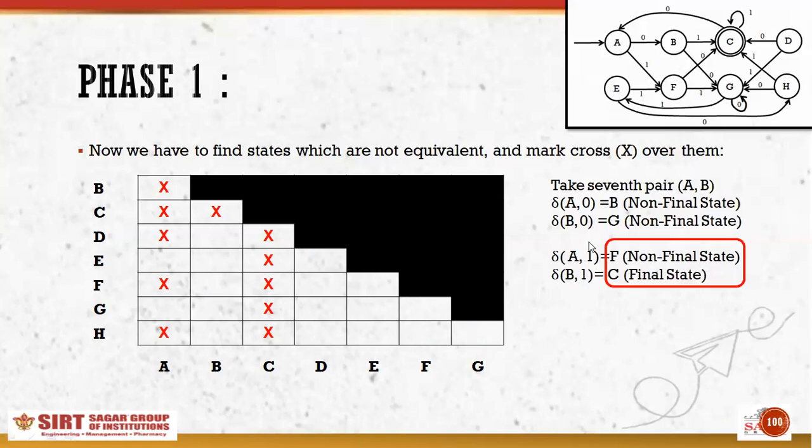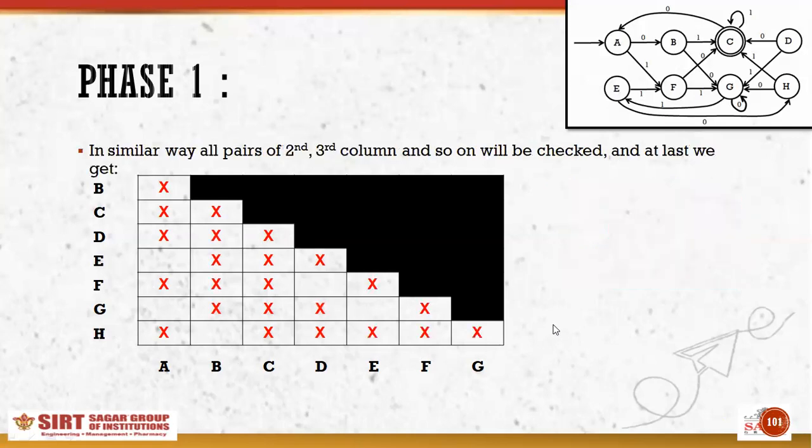In a similar way, you have to check all the pairs one by one for each row. For the B row, that is BH, BG, BF, BE, and BD pair. Then you have to jump to the D column and check the same thing for DH, DG, DF, and DE. Then E, then F, and then G. And lastly, you will get something like this. That means these are all the possible cross marks in the structure which we have made.